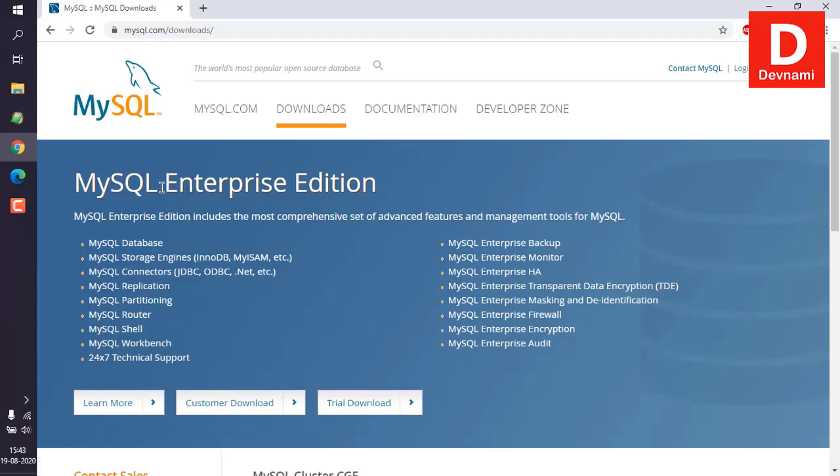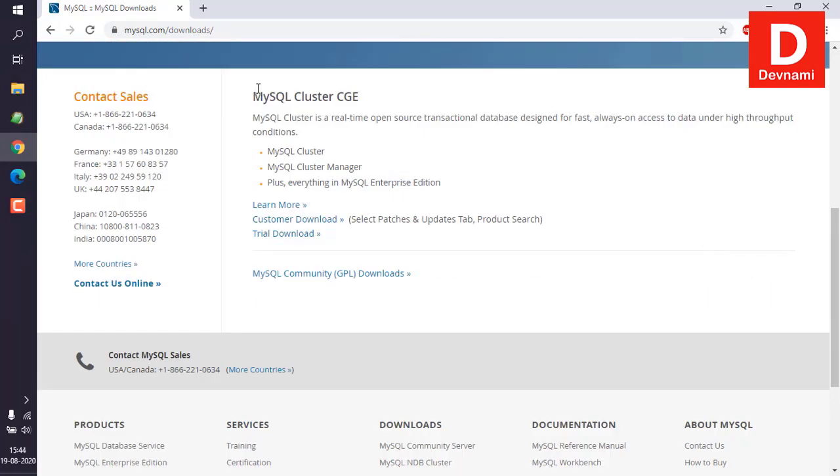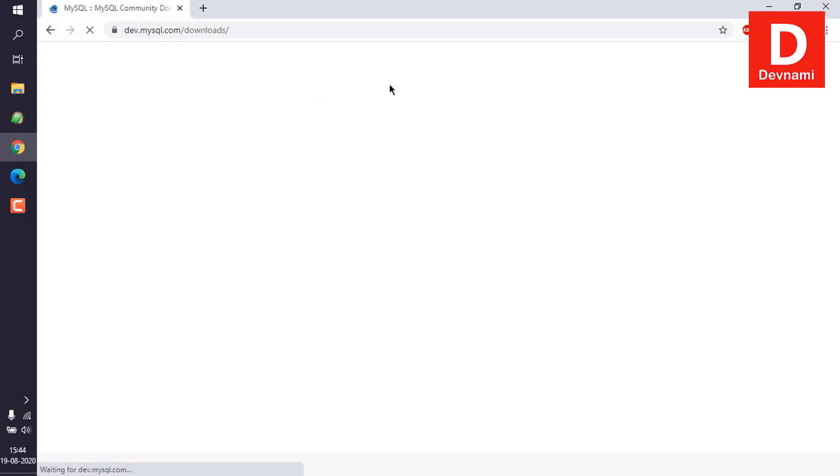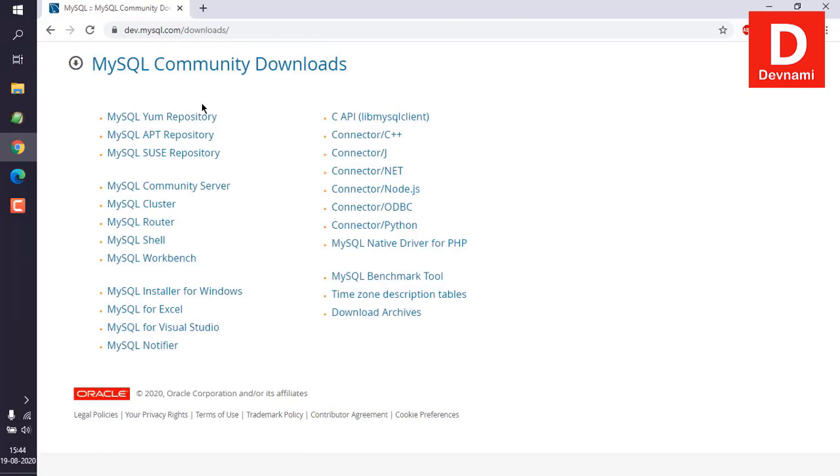Here you can see the enterprise edition listed, and you can scroll to the bottom and check for community downloads. Similarly, you can also go to the bottom for checking community server. You can click on either one of these two links. I will click on this community downloads link, and here you can see I need to download the MySQL installer